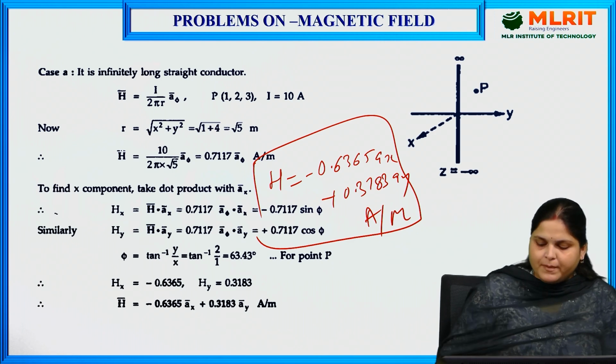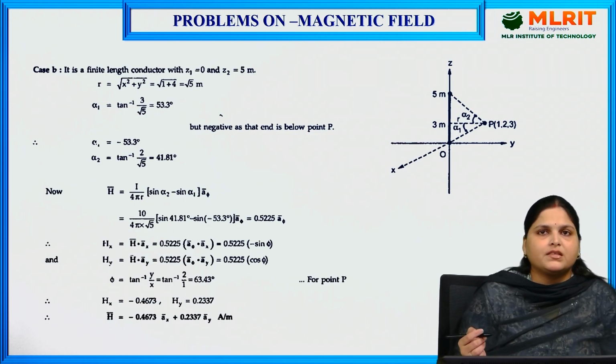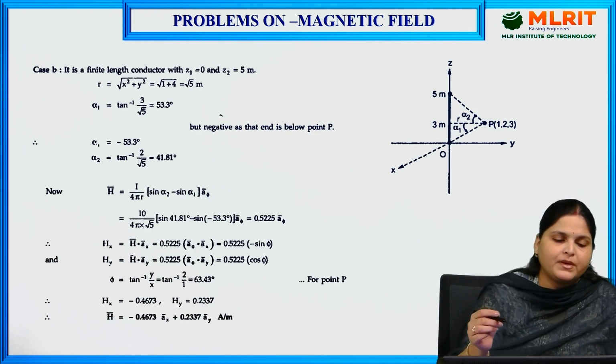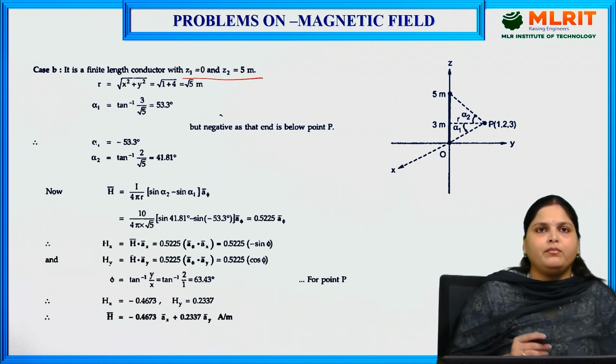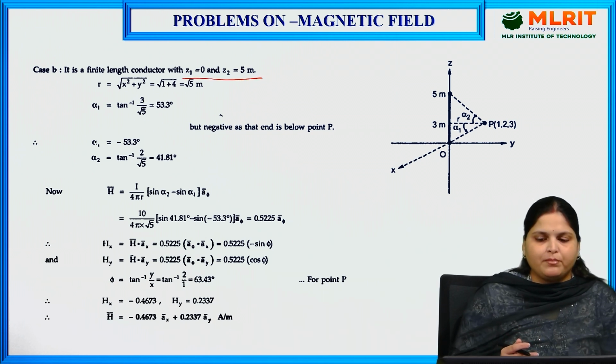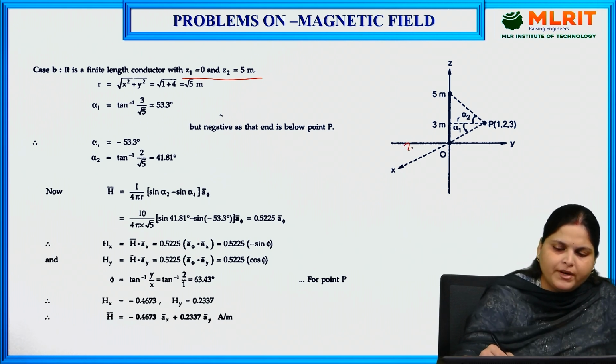This is the first part of this question. Let's discuss case B now. In this case B, the condition is that the filament is extending from z equals 0 to 5 meters. Let us consider two points, z1 equals 0 and z2 equals 5, from here to here